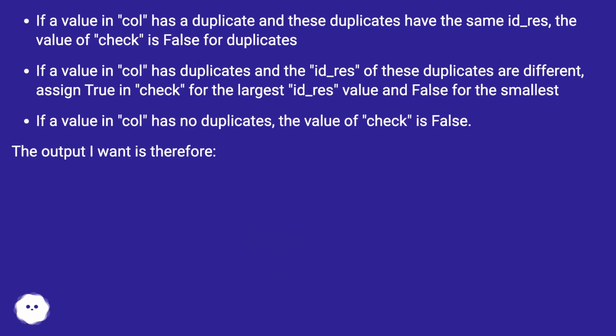If a value in col has a duplicate and these duplicates have the same ID_res, the value of check is false for duplicates. If a value in col has duplicates and the ID_res of these duplicates are different, assign true in check for the largest ID_res value and false for the smallest. If a value in col has no duplicates, the value of check is false. The output I want is therefore